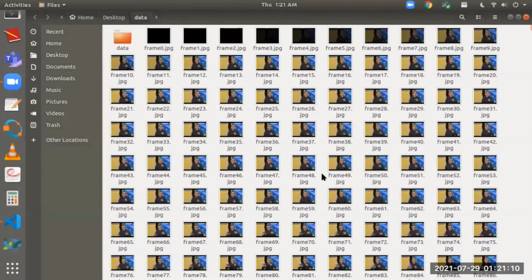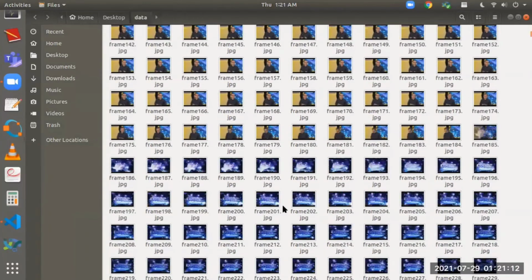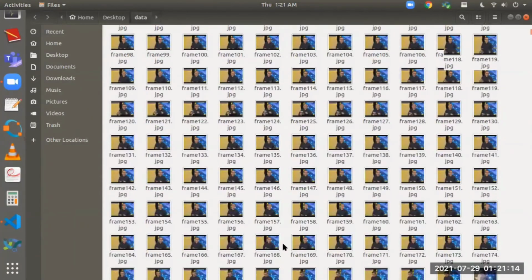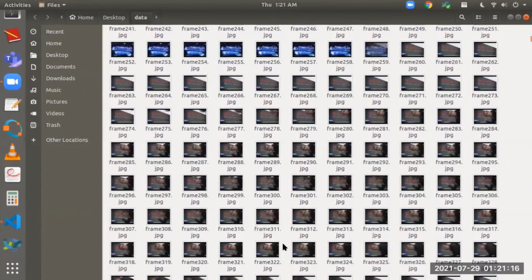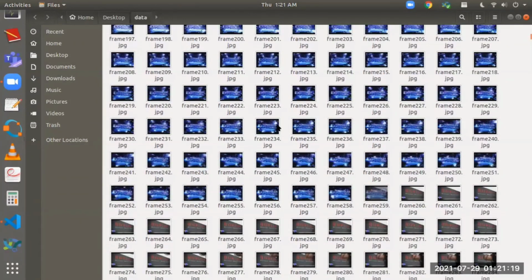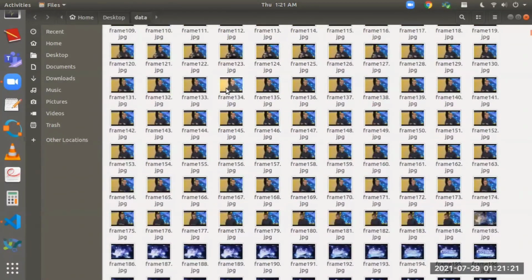Let's say it opened. Let's open something that will look like a video. So these are all the frames from that video. Let's say I'm starting from frame number 134. Let it open. This is a frame. If I press the next key over here, I can see the next frame. If I press next, this is the next frame. Again next frame. Again next frame.